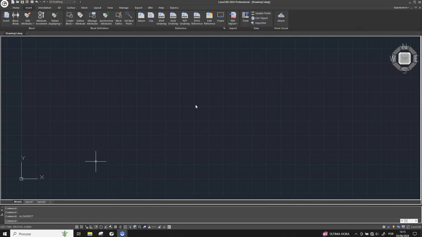Now, let's say we install LusoCAD in a totally different computer. Do we have to create all our aliases from scratch once again? Fortunately, we do not, since we can just export the original PGP file and import it on a new instance